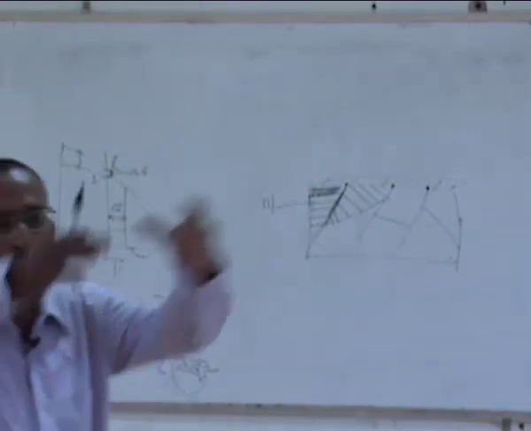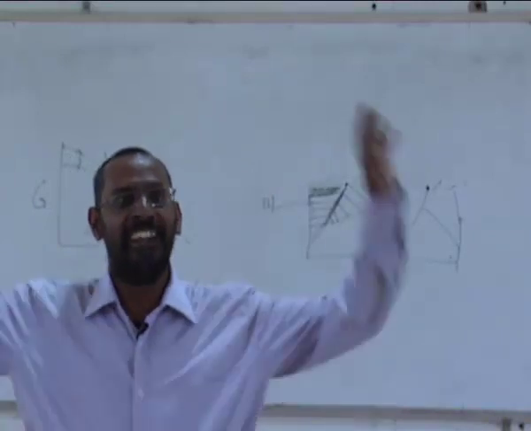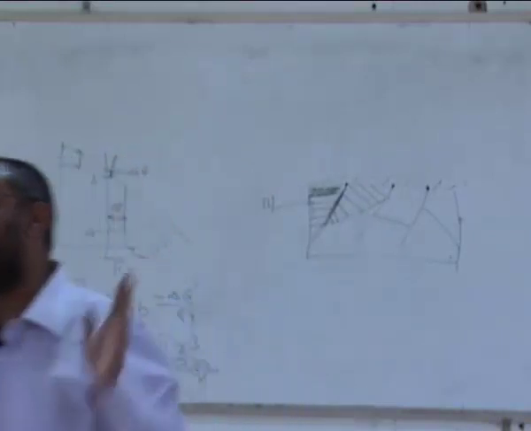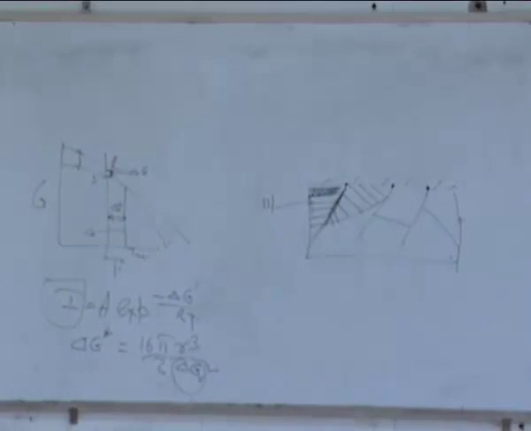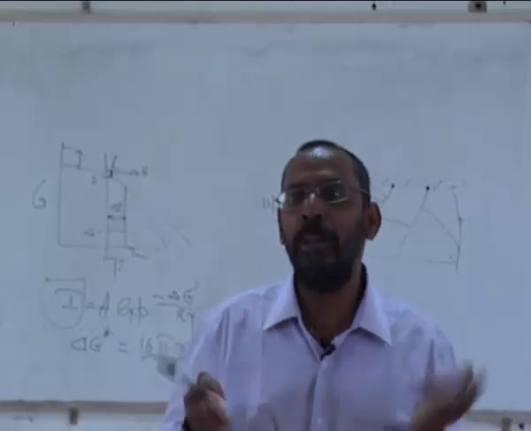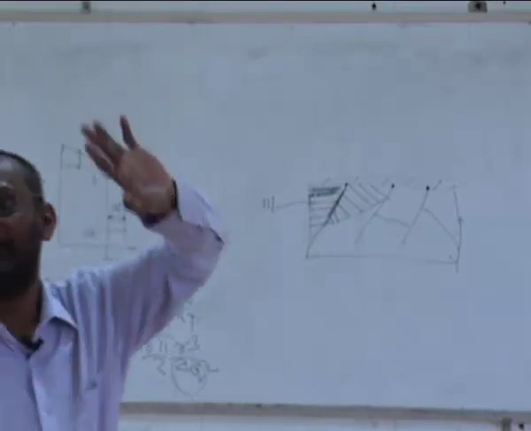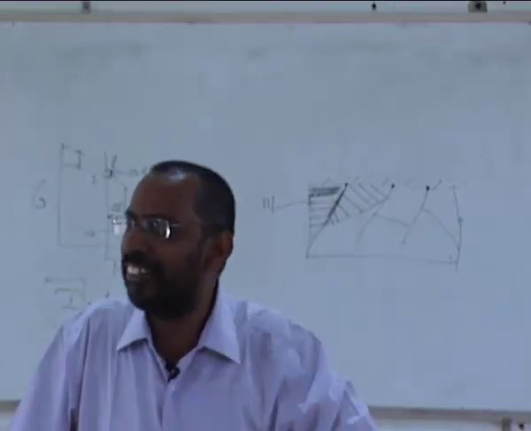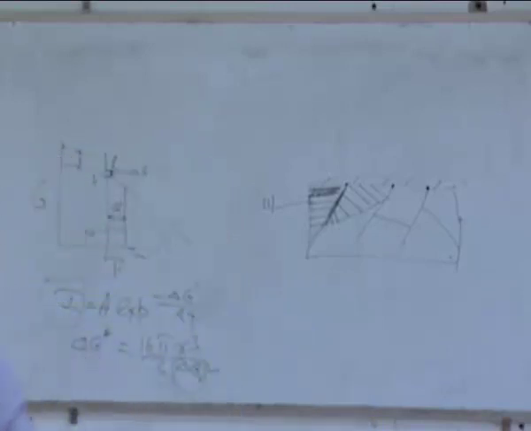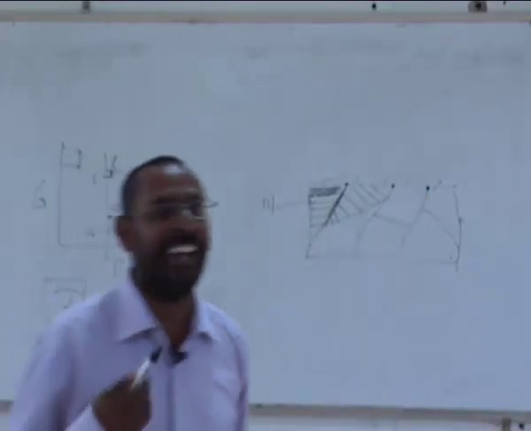Let's assume that I have a cube-shaped box with atoms inside, the distance between atoms is 1 angstrom, and the size of the box is 1 nanometer. Now how many atoms are there inside the box is my question. Somebody says 4, somebody says 10, and I don't get any other number. No other numbers? Is it such a difficult question? You are complicating everything. 6. Anybody who has any other number? It is 1. That's the problem. There is no point in giving the answer to your friend. I want the answer from you.